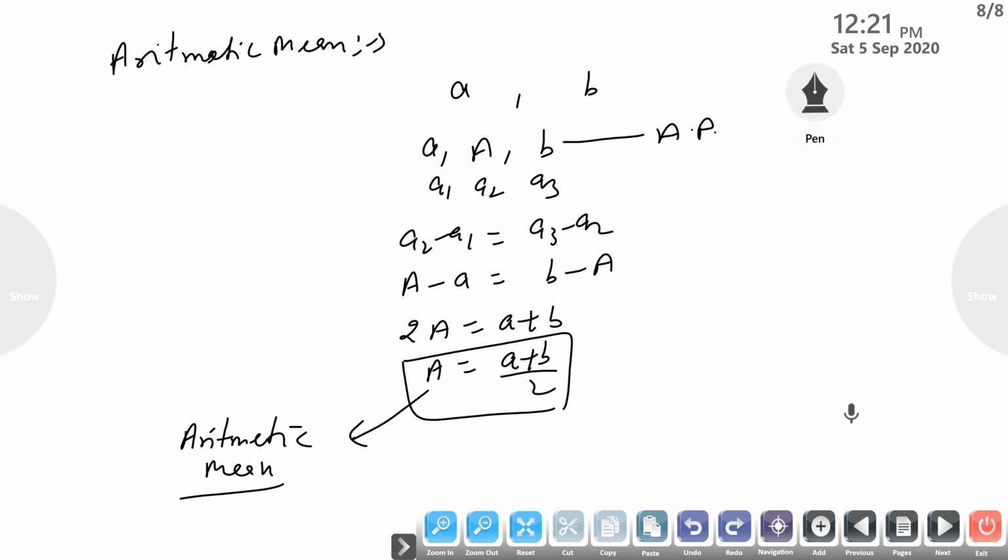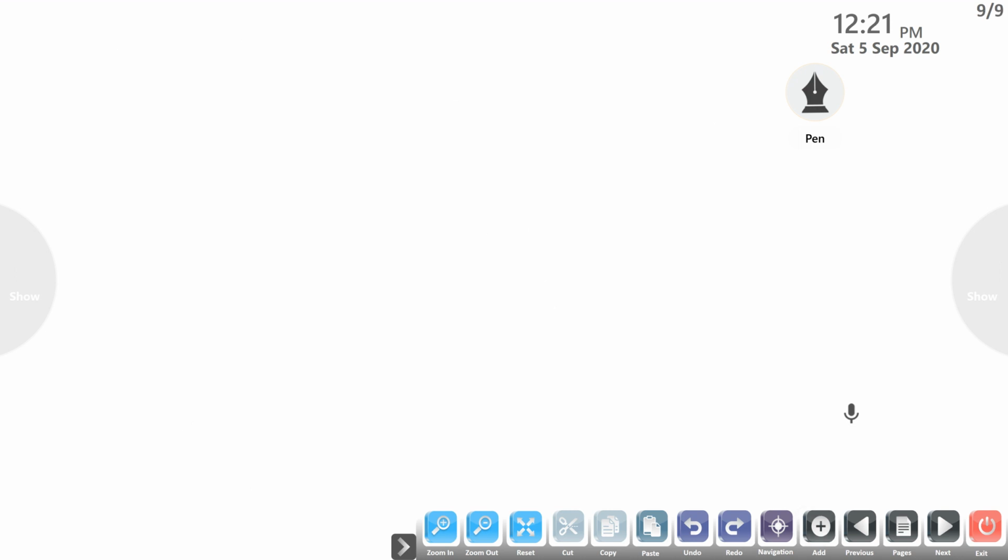Similarly, we can insert many numbers in this series. Let us define it easily. Let we have two numbers a and b. First number is a and second number is b. We have interest in its n numbers, that is a1, a2, a3, a4, and so on, and last number is an, so that these are in AP.